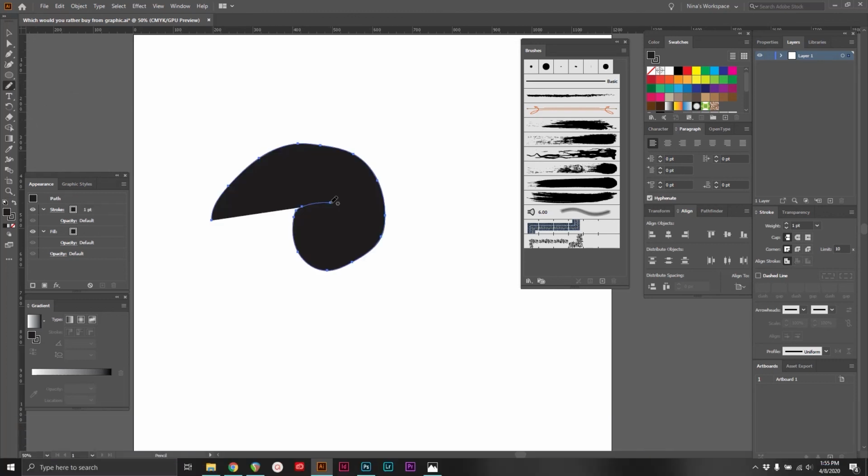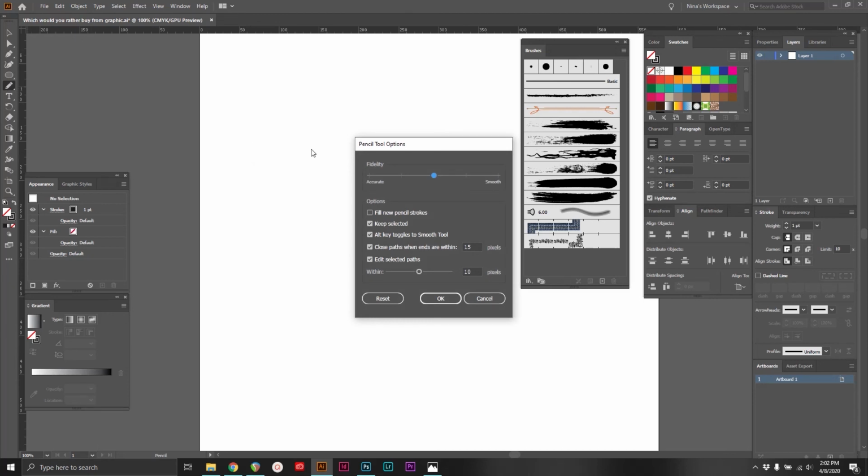Pencil tool is a pretty cool one. This also has some options that are similar to the brush tool that you can change. The fidelity, again, is one, and then the fill new pencil strokes is just like when we filled the brush strokes. Keep selected, self-explanatory. This one allows you to toggle to the smooth tool when you hold the Alt key, which I think is a great idea because sometimes when you're drawing with the pencil tool, things can look a little bit too sharp in some areas, and when you can easily switch to the smooth tool,